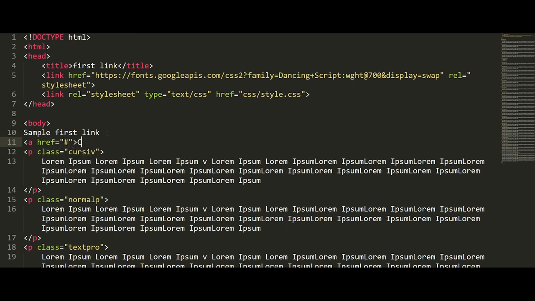Click here, close the a tag. Okay, so I'm going to put this in the center of the page.